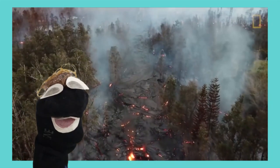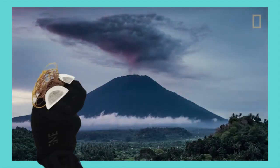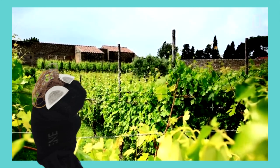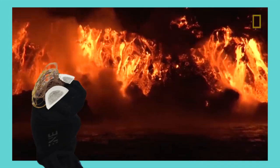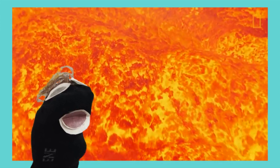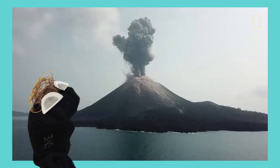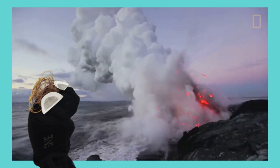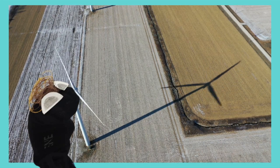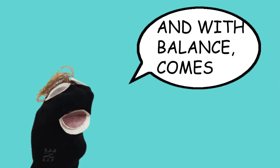The volcano might seem evil because it causes harm and it's dangerous. It kills people, which is true. But without volcanoes, flowers and plants can't bloom. Because after a volcano erupts, it gives out this wonderful soil that is good for plants to grow. So, the moral of the story here is that bad things cannot exist without good things, as how shadows cannot exist without light. Both need each other in order to create balance, and with balance comes harmony and